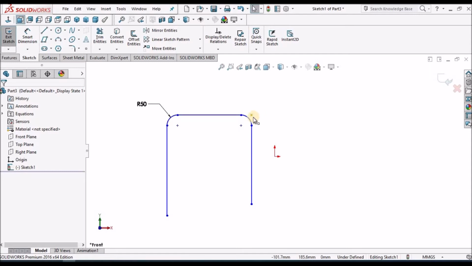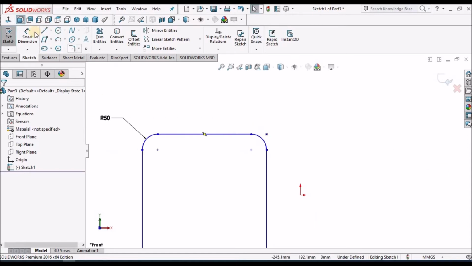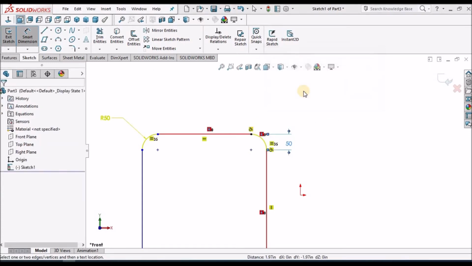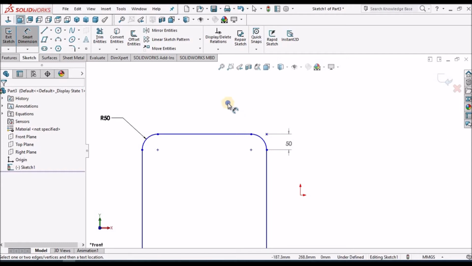See, this is the intersection point. This is useful when I give dimension. When I select this line, this point, this is useful for giving dimension. So this is the advantage of this point.